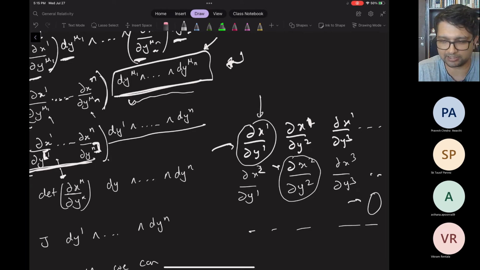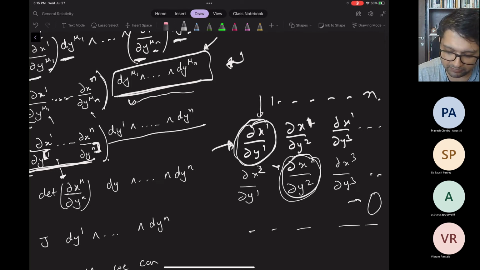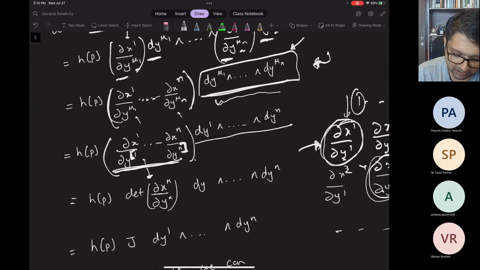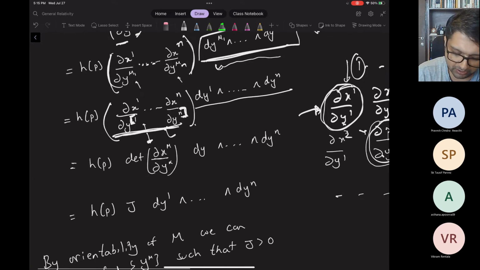That assignment of signs is based on the permutation associated with it. If I pick out this entry from the first row, this entry from the second row, and so on, depending on what entries I'm picking out, it corresponds to a particular permutation of the numbers 1 through n. And this anti-symmetrization basically has the sign associated with that permutation, which is what you have when you expand out the determinant. Okay, so what you will get is h of p times this determinant